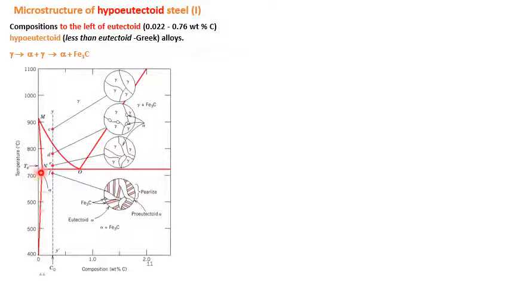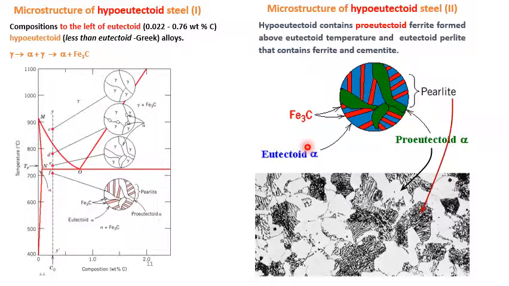Once the carbon percentage is less than 0.025 percent, the austenite directly transforms to alpha ferrite, which is stable at room temperature, but the maximum solubility in alpha ferrite is only 0.025 percent. You can see it here. This is the pro-eutectoid alpha, the alpha ferrite formed above the eutectoid temperature. Now the pearlite will be the lamellar structure.